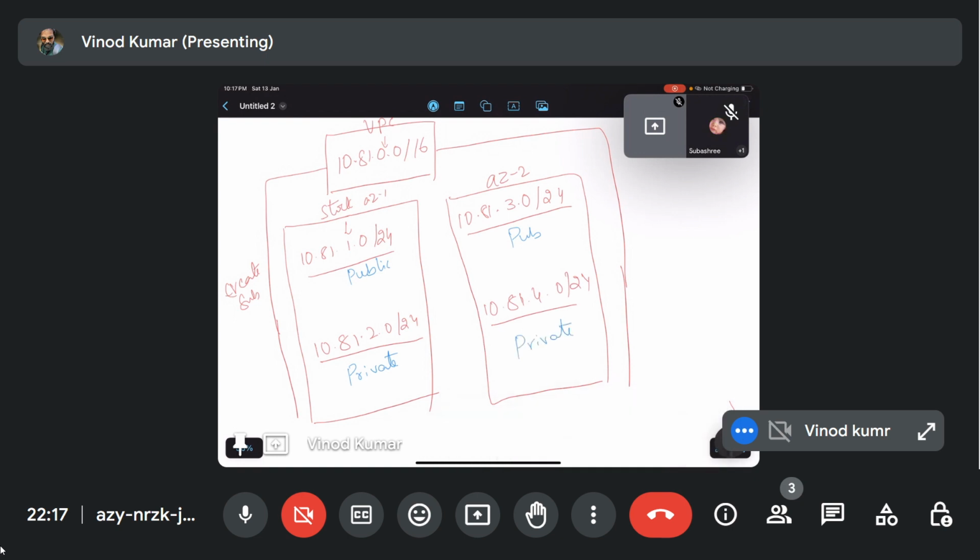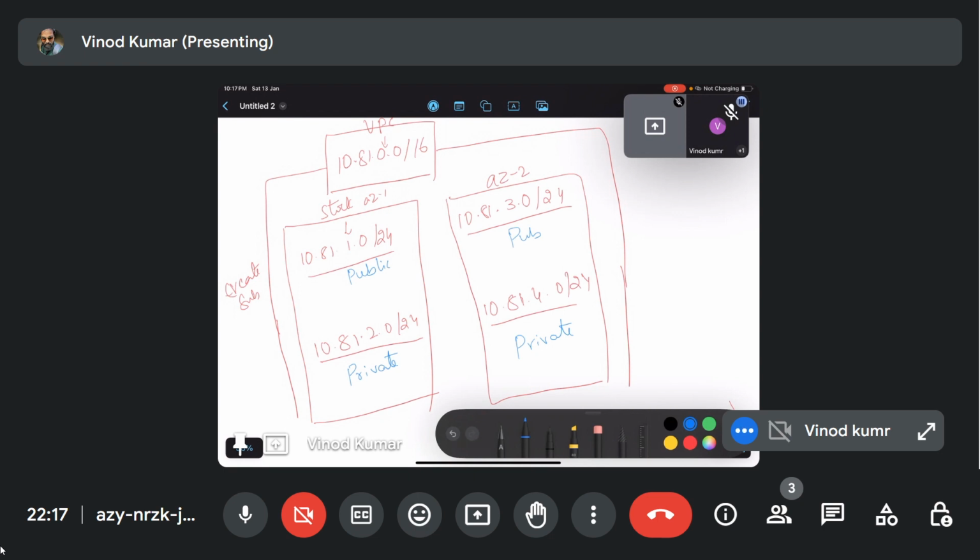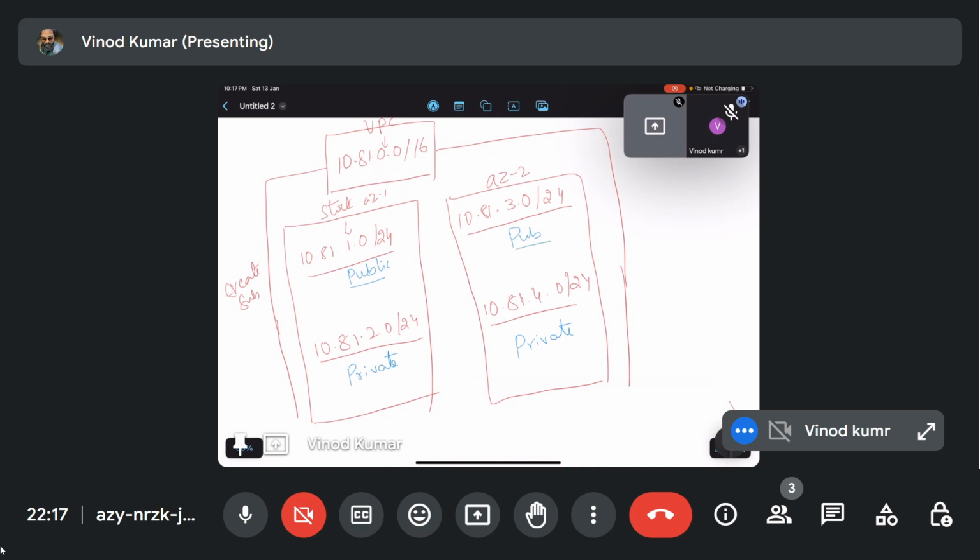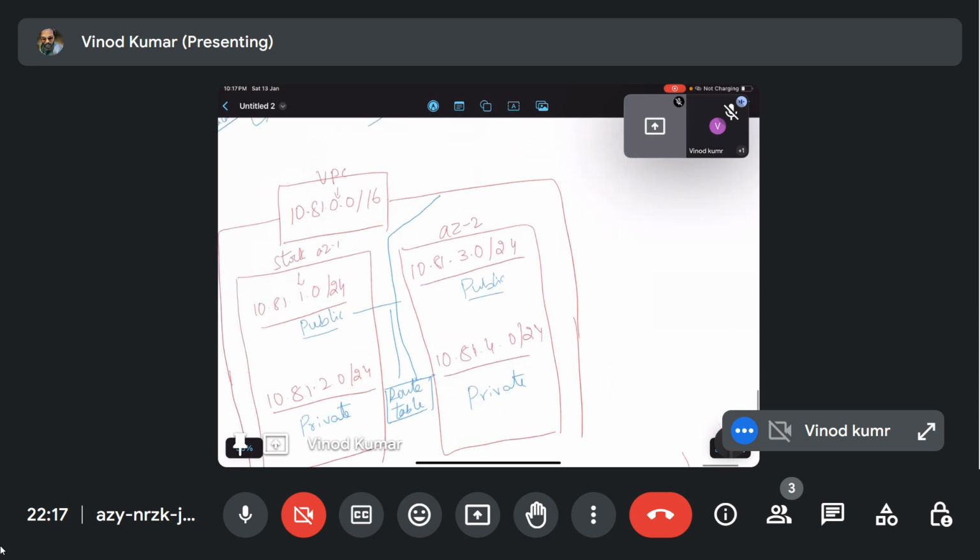This one I'm saying is public, but when we create it, it won't become public. We need to make it public. To do that, I will add a route table, and in this route table I will put the IGW.